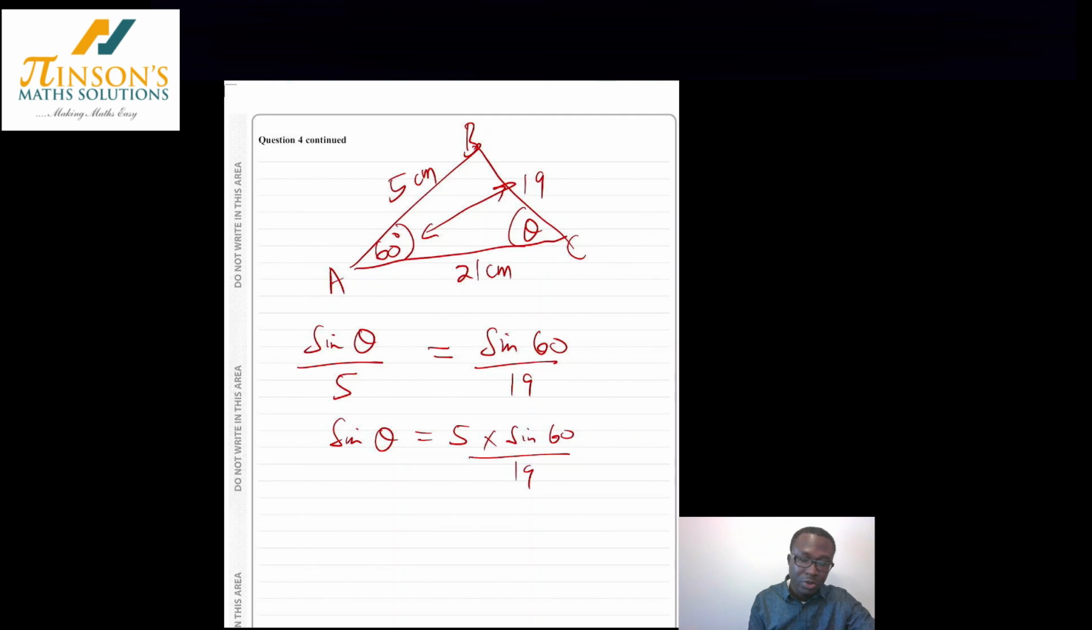Okay, so we are going to try that on the calculator. So we got 5 times sine 60 over 19. And then of course that will give us sine of the angle being 5 root 3 over 38. It's okay to leave it like that. Then you want the angle, so shift sine, and then press the Ans button on your calculator so you can appreciate the full answer. So you can see that the angle is